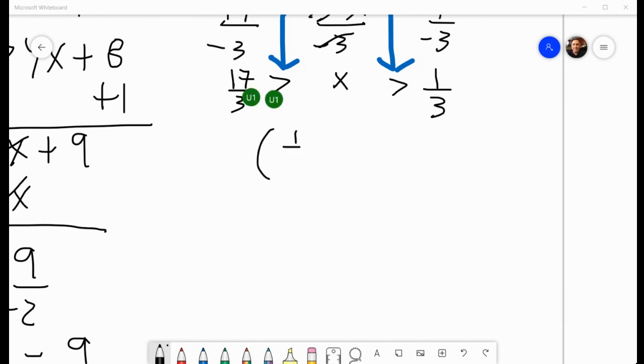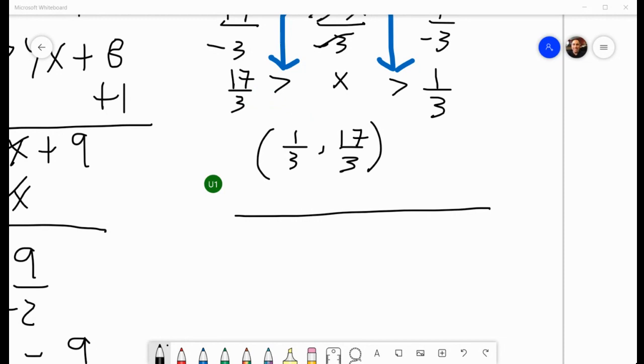So we have 1 over 3. Remember, the smaller number is on the left side of the interval when you make an interval. We have 1 over 3, comma, 17 over 3. And remember also, since we have strict inequality here, you don't see that horizontal bar under the inequality symbol, that's why I'm using parentheses like this, or open brackets if you want to call it that. And if we were to sketch it,